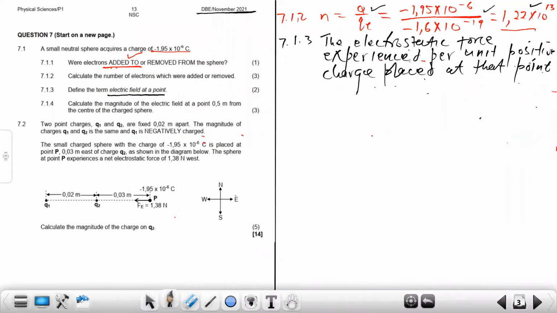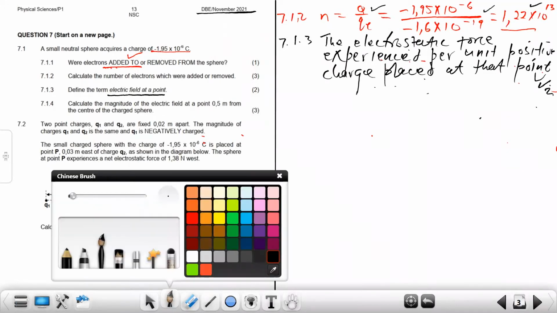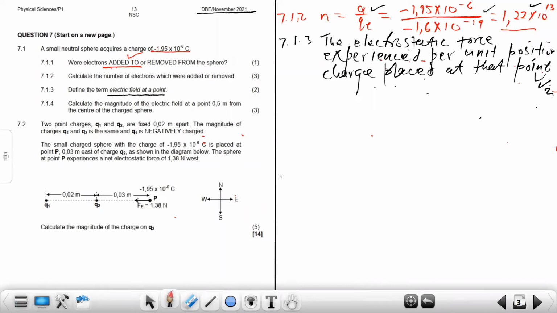And now this becomes your 2 marks. So I must indicate the key words that we are looking for,